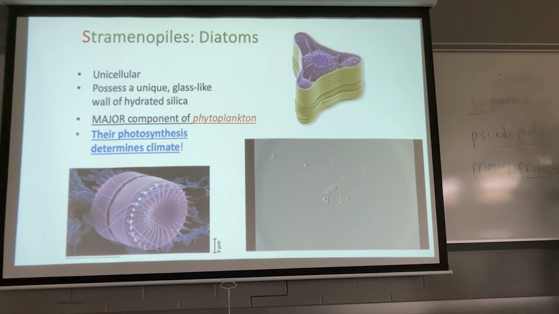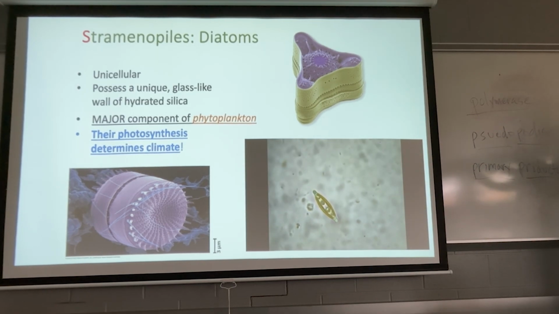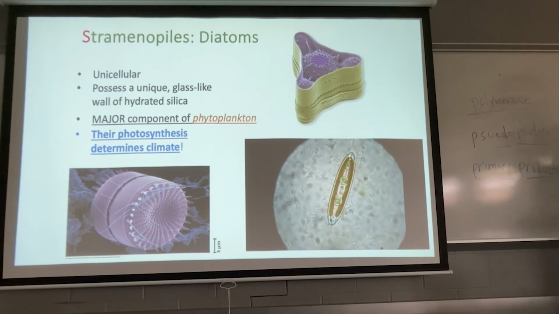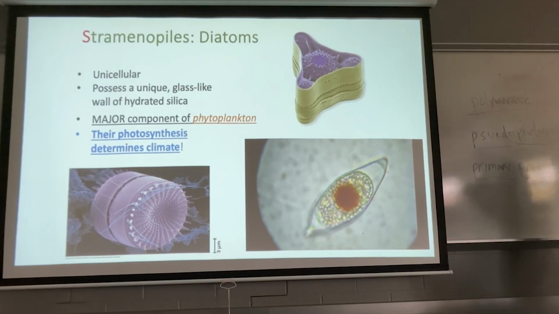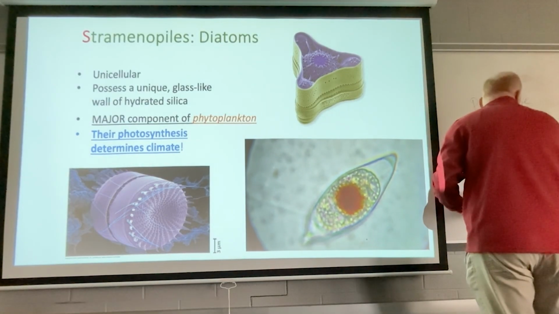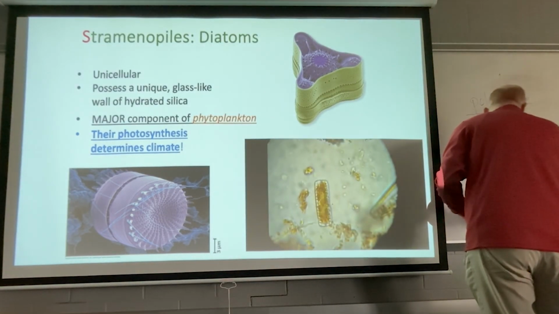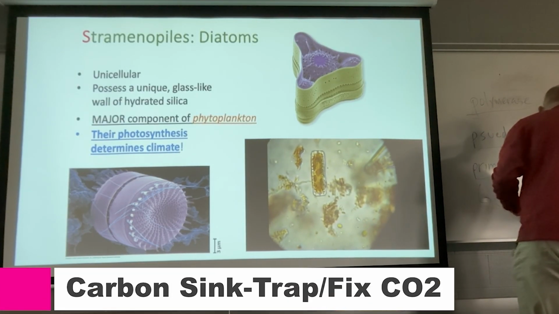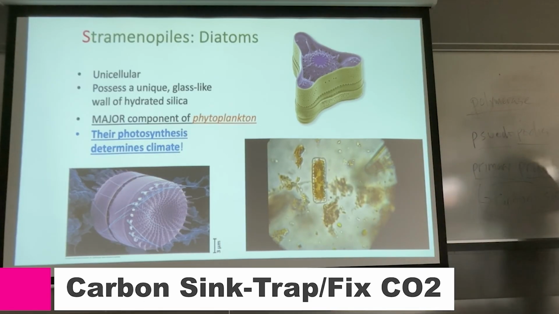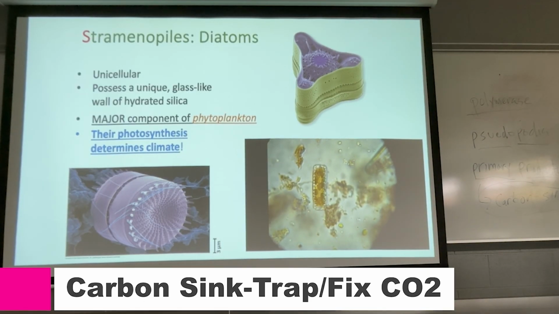The other cool thing about them is that because they have a silica skeleton that's kind of heavy, when they die, they take that carbon with them. They drop to the bottom of the ocean and take all that carbon dioxide that they had taken in to the bottom of the ocean with them. And they die, and all of that carbon goes into the soil. Because of that, they are called a carbon sink. Right? In the sense that they trap carbon dioxide, take it out of the atmosphere, and drop to the bottom of the ocean where it's stored in the sediments.